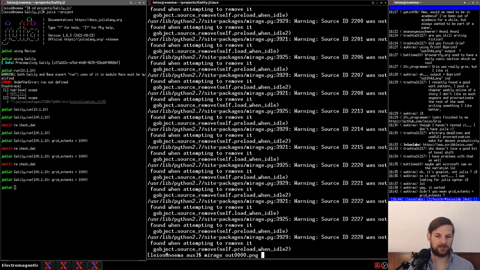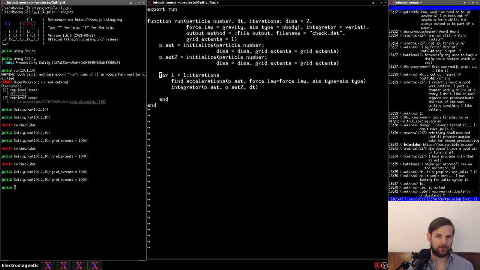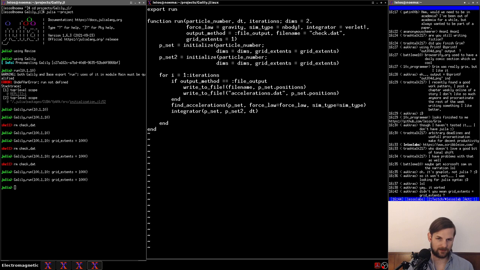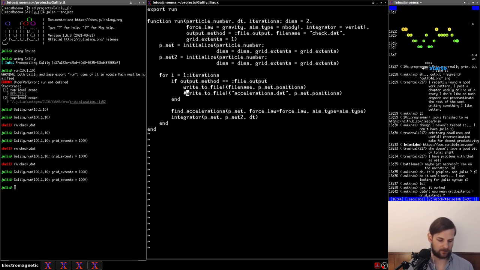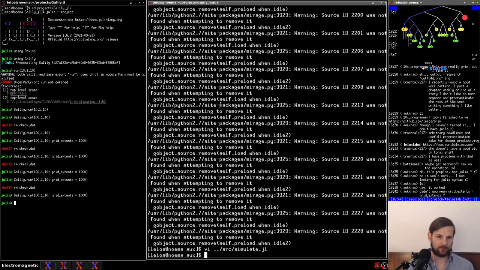Let me also change how we're plotting this as well. So let's go into vi, back into simulate, source and simulate here. With the output method, we're going to do D4D. We're actually going to output at the start of the iteration instead of afterwards. And I'm going to remove the acceleration files for now. Okay, write and quit. Over here, we're going to remove check.dat, run it one more time, and now we're going